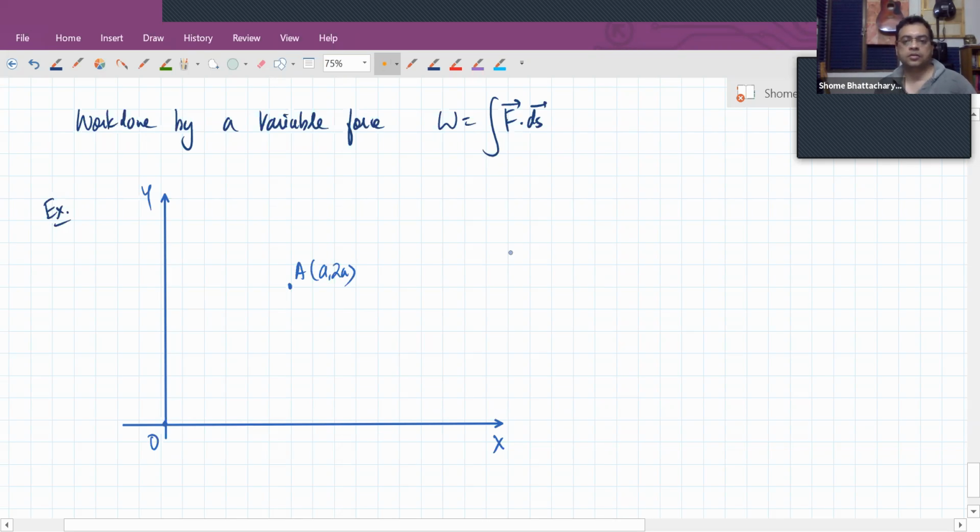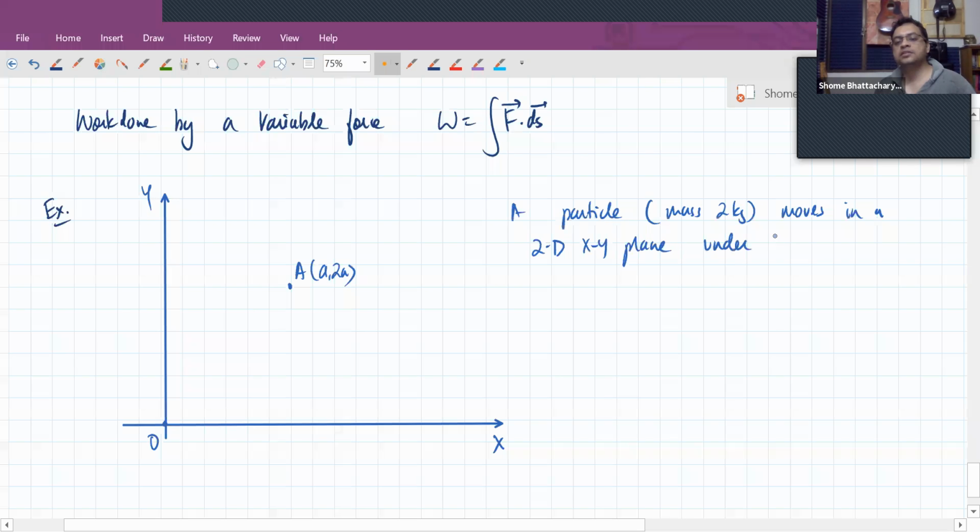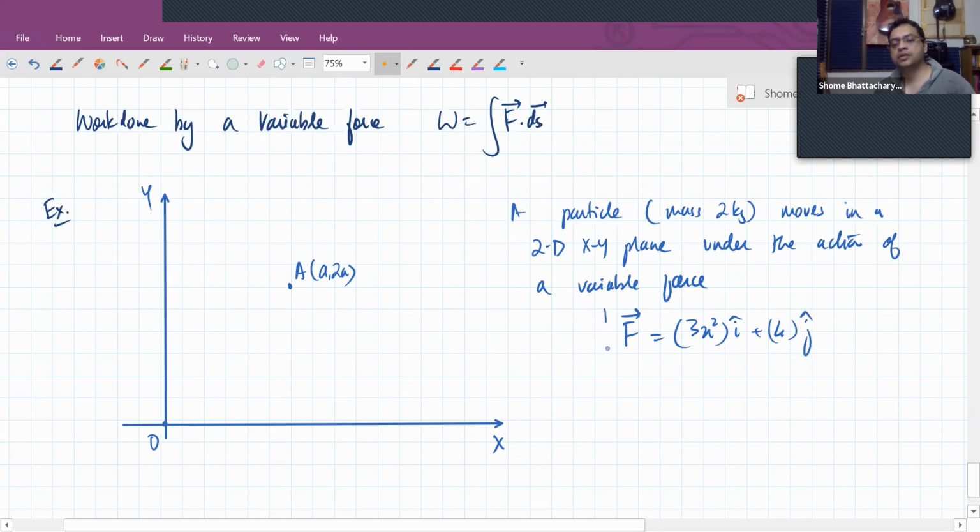Now a particle of, let's say, mass 2 kgs, moves in a two-dimensional xy plane under the action of a variable force which is given by this relation, that F is equal to 3x square i cap plus 4j cap,